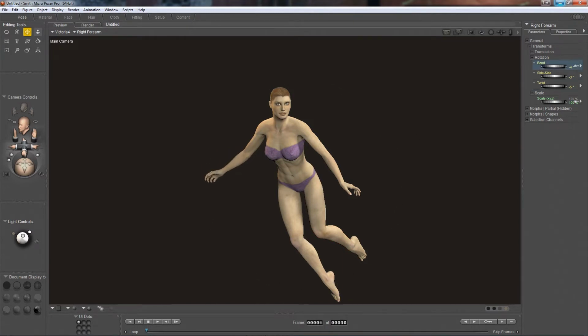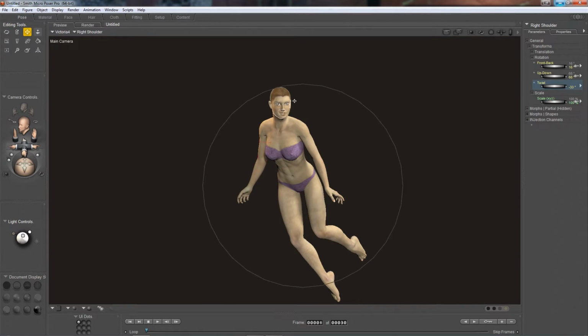Straighten this arm out a bit, bring it down, bring this arm down just a touch, maybe twist this a little bit, kind of like that. And she's kind of looking off camera this way, so maybe about 12 on the side to side on the eyeballs. Okay,